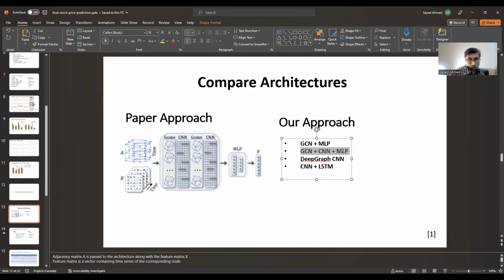Okay, this is the closest one. GCN, CNN, then MLP. They have used multiple blocks. I just used one. And another thing is the paper did not mention how many layers of convolutional neural networks they used, right? This GCN, the Stellar Graph Library, it uses some, let's say when I say GCN 32 something, right? So those things are there, but they did not mention exactly what they used, or whether they did it from scratch or whether they used any libraries. I didn't get much information. So yeah.